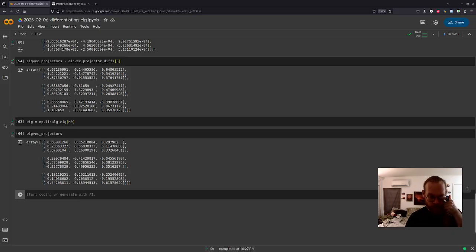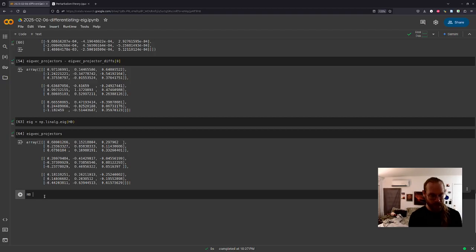So H naught, if I multiply this eigenvector projector on the left by H naught, I should just pick up a factor of the corresponding eigenvalue.